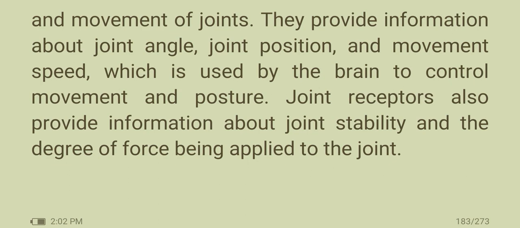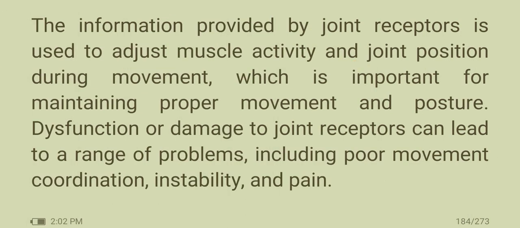Then, joint receptors also provide information about joint stability and the degree of force being applied to the joint. So the information provided by joint receptors is used to adjust muscle activity and joint position during movement, which is important for maintaining proper movement and posture. Dysfunction of or damage to joint receptors can lead to a range of problems, including poor movement coordination, instability, and